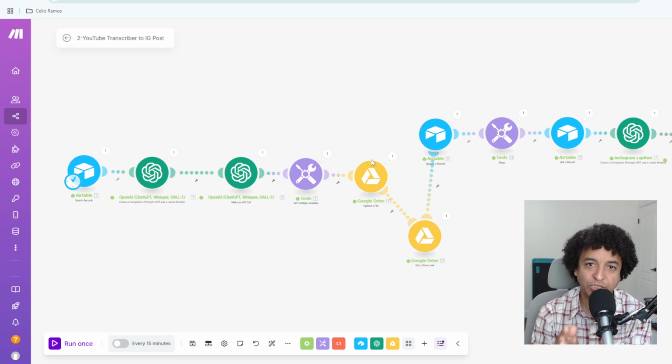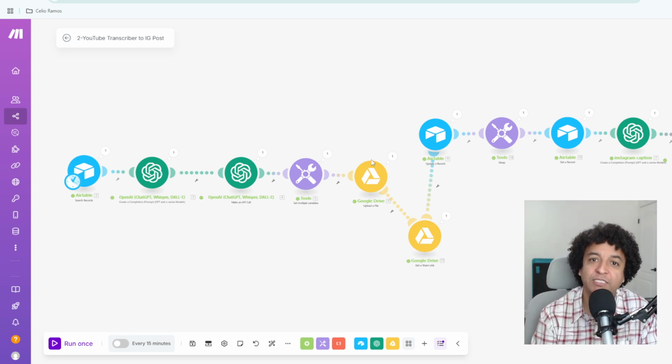When it comes to automation, you really have to think, and it's something that I'm getting better and better at, you have to think step by step. Because a lot of times we think that AI is smart enough to figure this out. Yeah, AI is smart enough to do a lot of things. But when it comes to the automation, to take the next step, to know what to do, we have to break down the process so we can do what needs to be done. And when I mean break down the process, I mean step by step, okay? So with that being done,